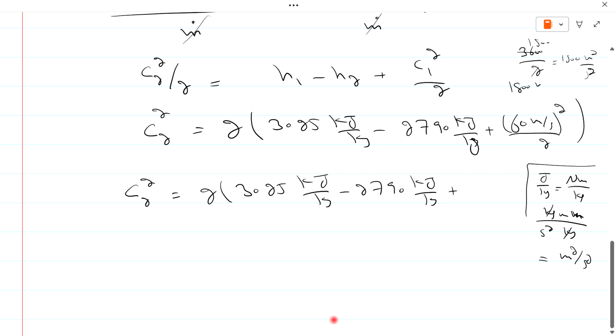So 1800 meter square per second square is equal to 1800 joule per kg, and in kilojoule per kg this will be equal to 1.8 kilojoule, because we divide by 1000 to convert into kilojoule. So C2 square is equal to 4, add these two terms, minus 2790 will be equal to